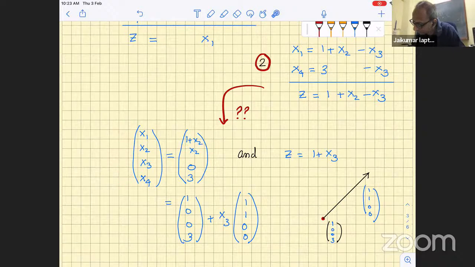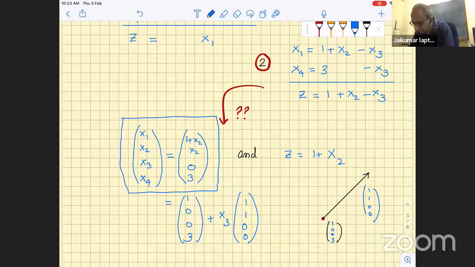x1's value is 1 plus x2. Let me set x3 to 0. Or sorry, what did I do? There's a mistake here, I think. Okay, so set x3 to 0, and then we get a solution which is parameterized by